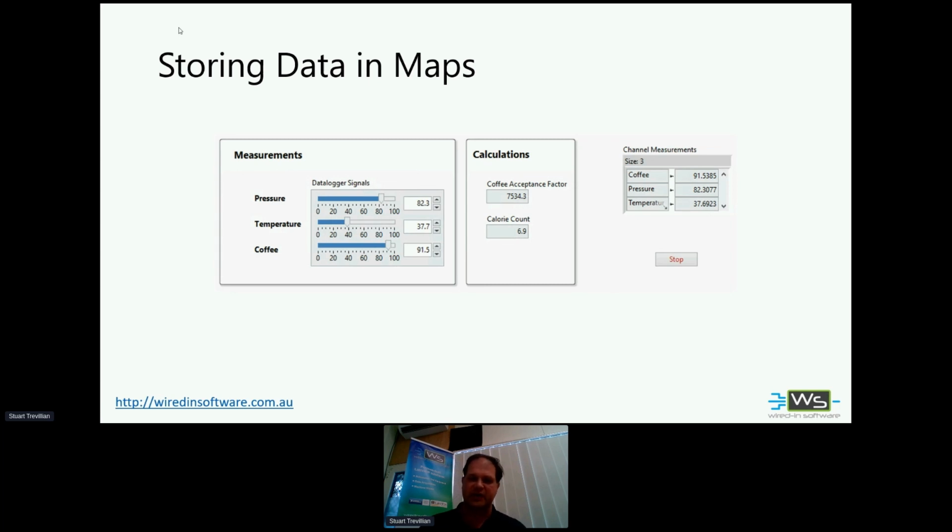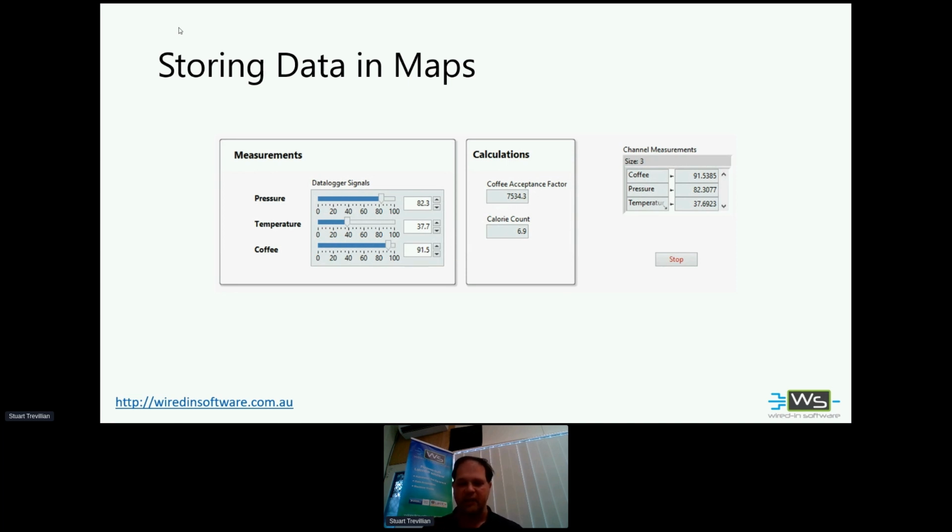So if we extend the idea of channel indexed maps further, we stored the channel measurements in a separate map, again with the channel label acting as the key. And we did this because we needed to use these measurements for the calculations that we needed to evaluate. If you remember, in real life, we have hundreds of channels, and we don't want to be searching through arrays of data each iteration to find the channel that we want. If the measurements can be stored in a map and then retrieved using the key, that saves a lot of